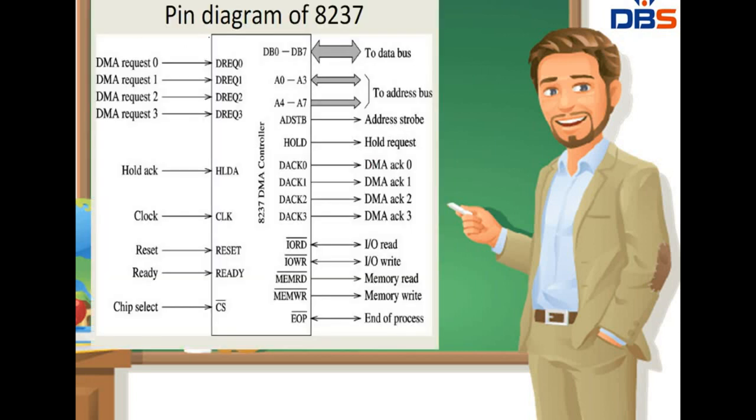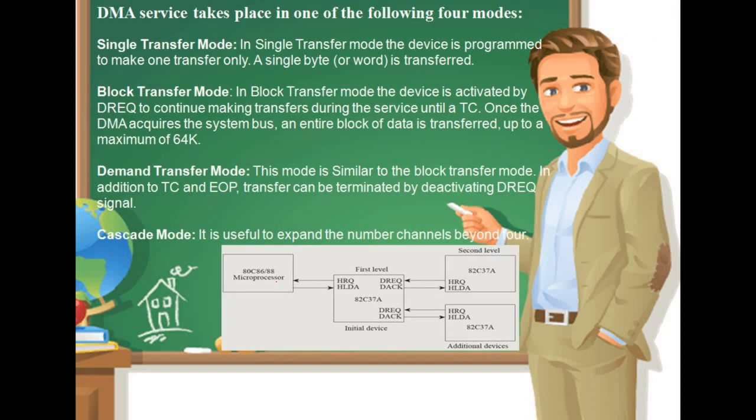And coming to the pin diagram of 8237, we have DMA REQ, that means DMA request. So these 4 pins are used to request DMA transfer for a particular DMA channel. That means, see here, we are accessing the first level of DMA. After that we have several slaves here. That means we interact with the microprocessor through one channel of one slave of DMA, and from that we interact with a number of additional DMAs.